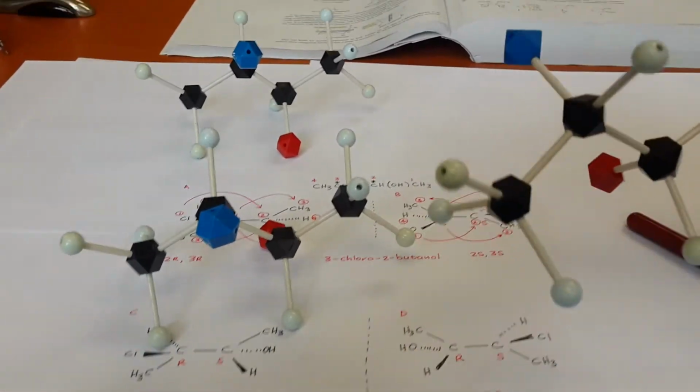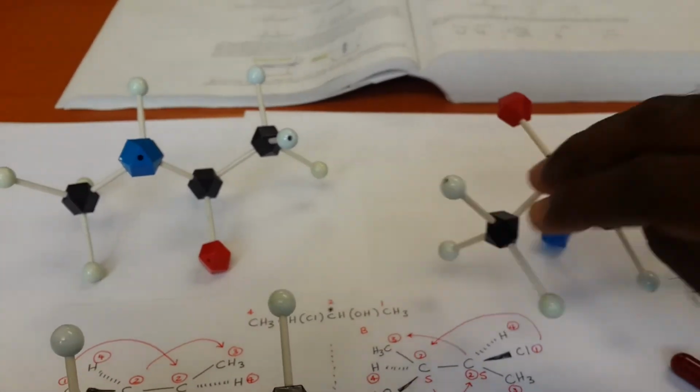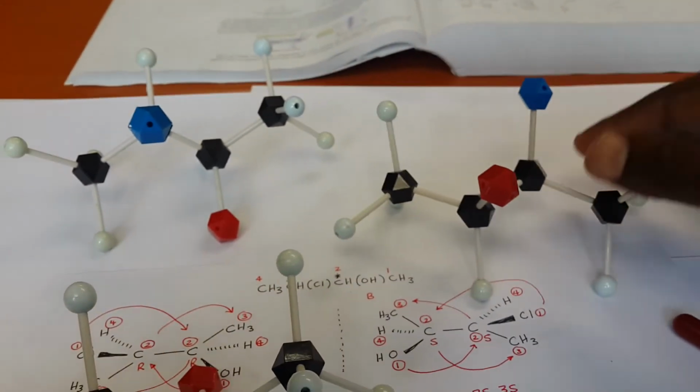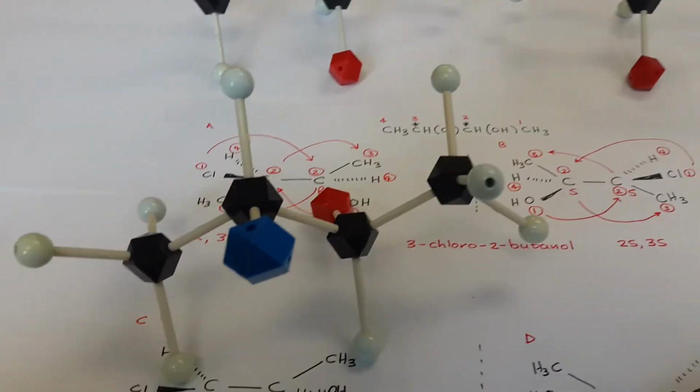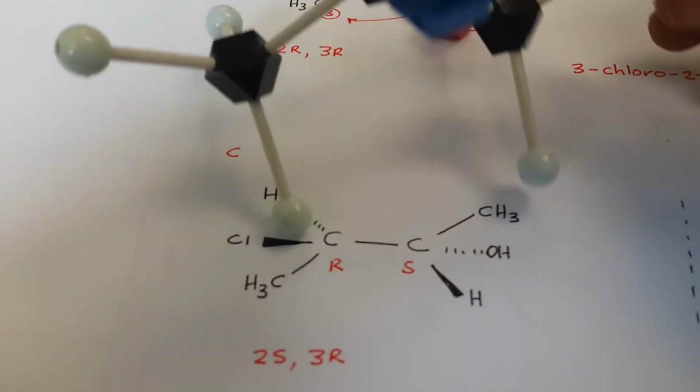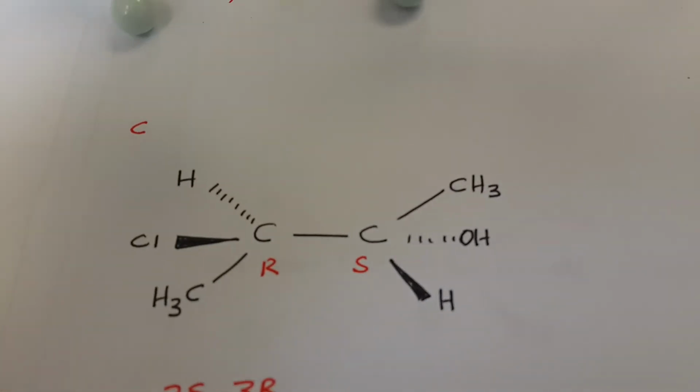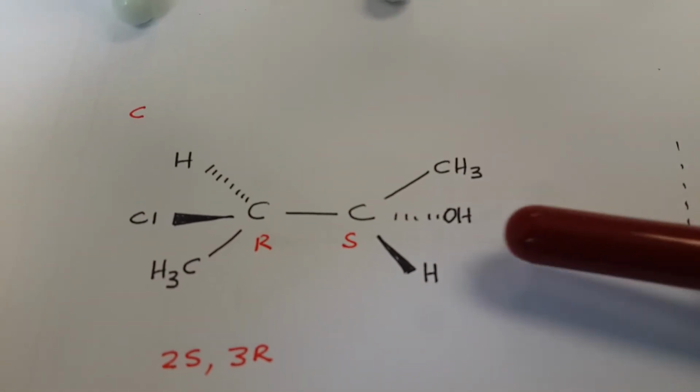So it's also different from here. I'm just going to put this back into the mirror image of the first one so we can see the next step. In the next step, what I'm going to do is take this molecule C